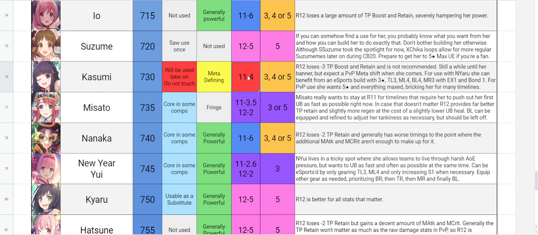What that means, however, is that because the dev shred is on her UB and that's the only part of her kit she needs for CB, she really wants a maximized esports build, ideally just not being built at all until there's Nyaru CBs. So yeah, if you're a competitive CB player, I recommend just don't pull her, don't touch her, just farm her for later on. And yeah, if you're a pure PvP player, then I suppose go ham, you can just build